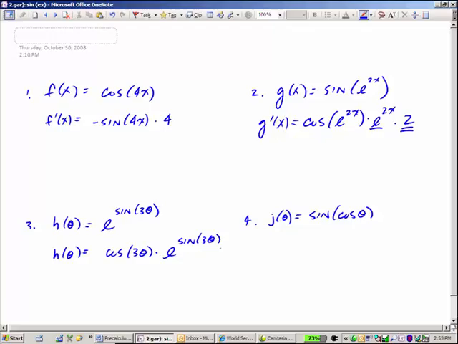No, wait. Time out. Times 3. You put it in order, so then it makes sense. So once you do the derivative of e first, like e to the sine 3 theta, then times